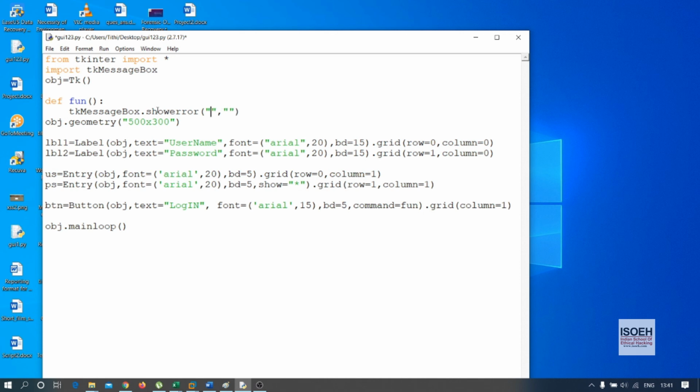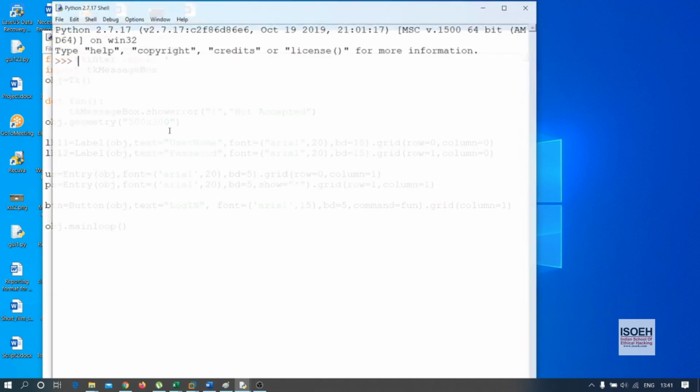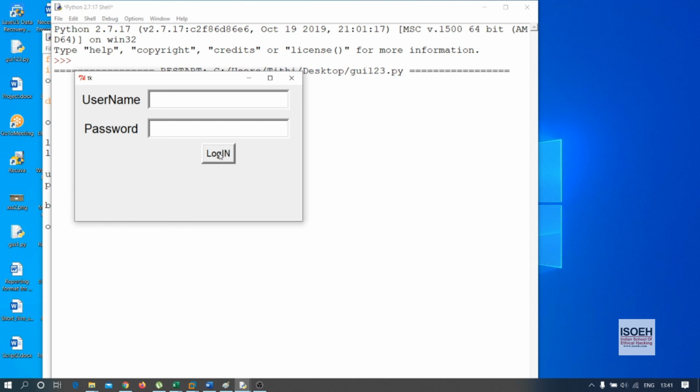Let's suppose in the header I am putting the exclamatory symbol and in the body I am using just any string like not accepted or anything else. Not accepted. Now see what is happening. If I am clicking on the login button, the not accepted screen is coming.